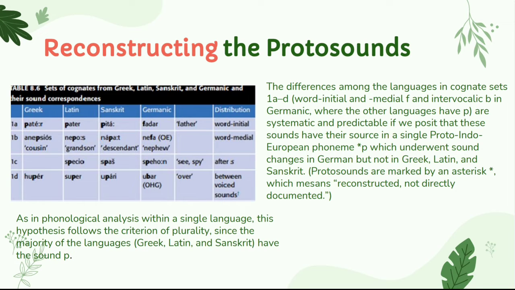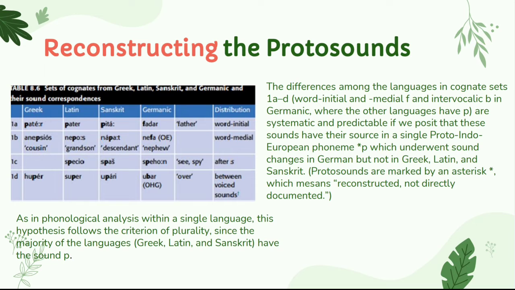Next, 2a through 2d. 2a. Treis, Thresia, three. Distribution is word initial. 2b. Bhrata, classmate or brother. 2c. Est, after s. 2d. Pater, pater, father, between voiced sounds. So the sounds th, d, and th in cognate sets 2a through 2d have the same